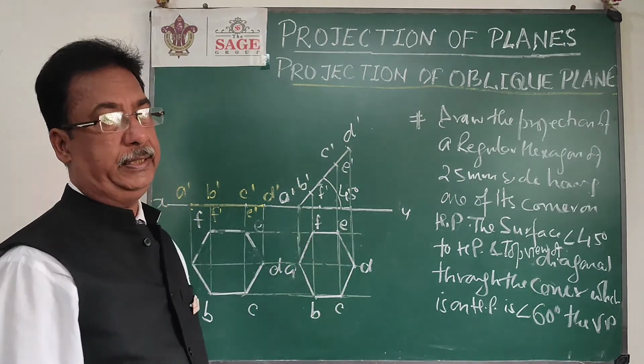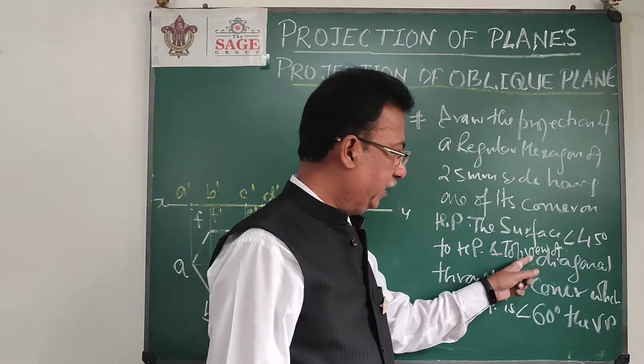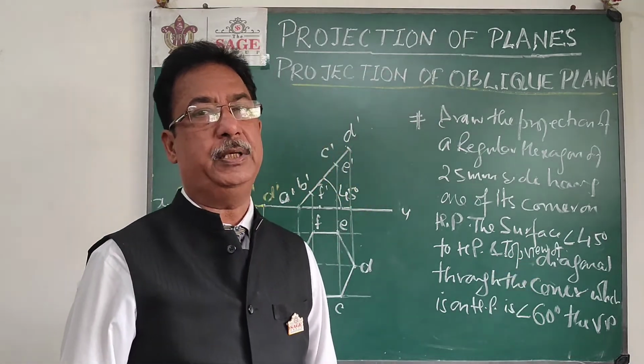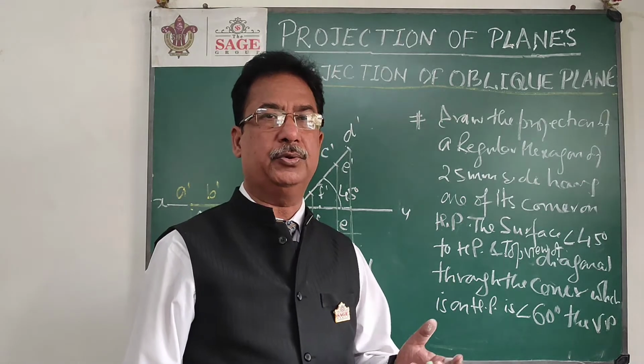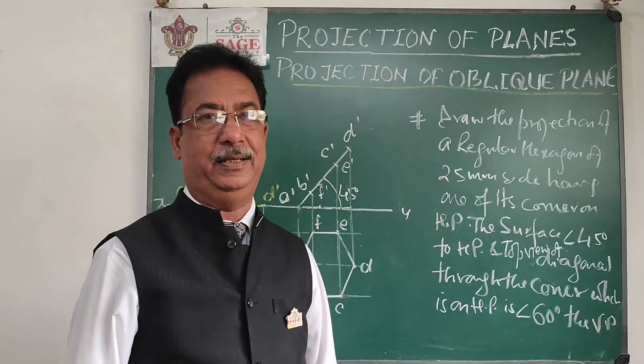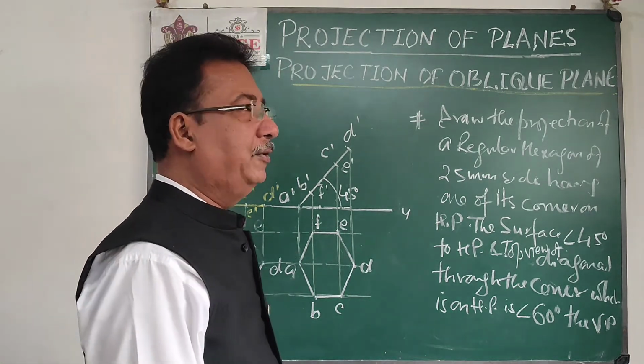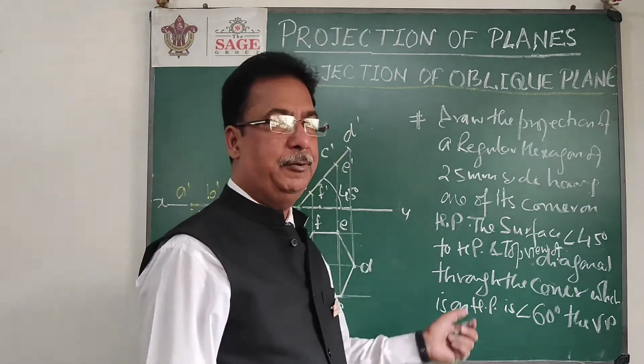and the diagonal through A will be AD. And this AD will be shortened. That's why this language comes in the picture. They are saying the top view of the diagonal, because the top view will be reduced, so this angle will actually be the beta angle, not the phi angle. If you remember the case of line, theta and phi will be the true inclinations and alpha and beta will be the apparent. So the apparent angle will be given to us.